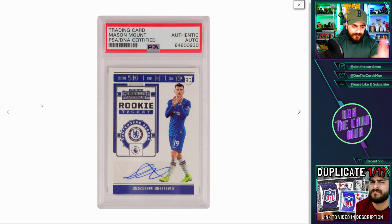Today, we're going to talk about what appears to be a sneaky PSA scam that might catch you off guard. Now, on face value, it'll look like there's nothing wrong here, but there's a few things I want to talk to that, in the best case, indicate some potential hanky panky going on. Now, this sneaky scam is in relation to some rookie cards, rookie base cards, having sticker autos placed on them